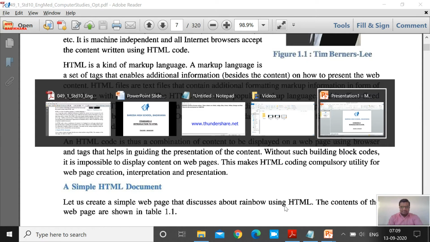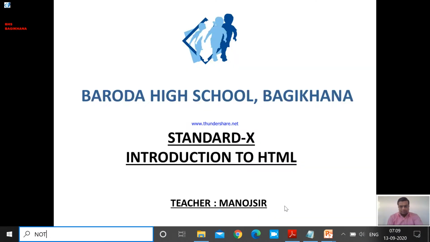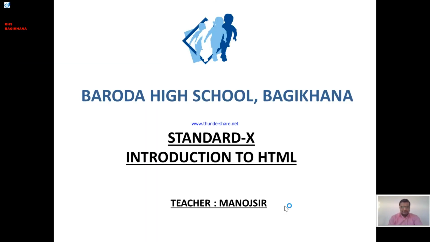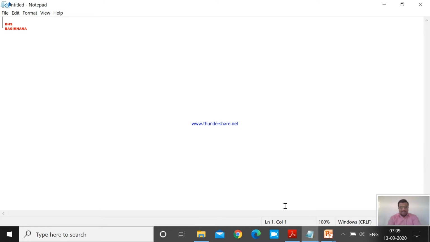First you have to start Notepad to write your code, because the code of HTML is always written in Notepad, right? So open Notepad. As we have discussed in our theory videos, the first tag is always HTML and the closing tag of HTML is /HTML. Between this HTML and /HTML, the main and the basic tag is body, and the closing tag of body is /body.